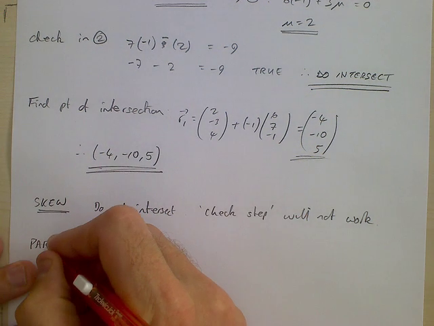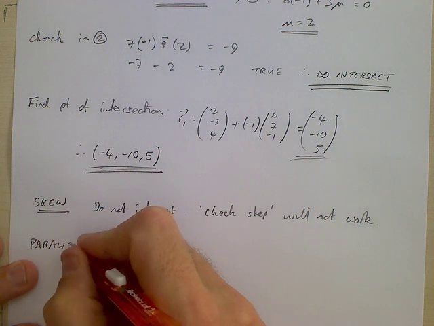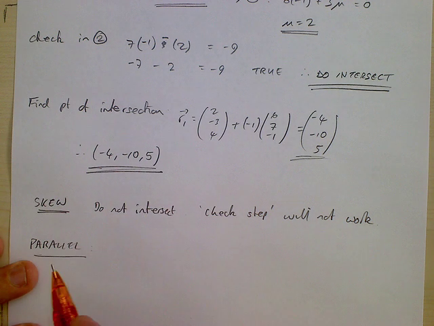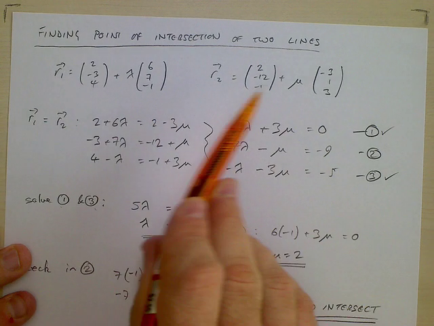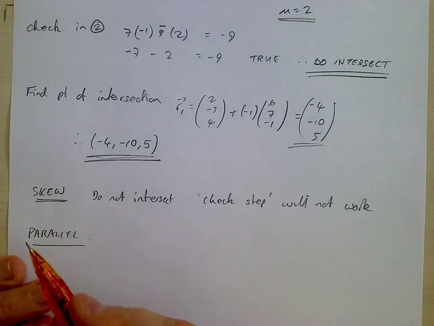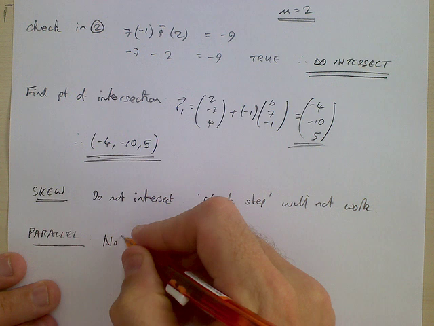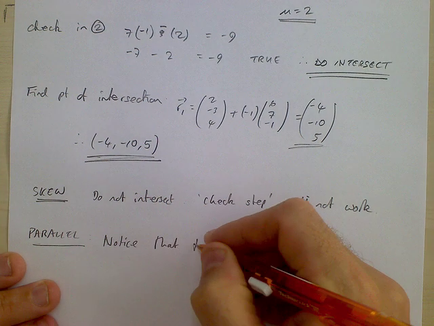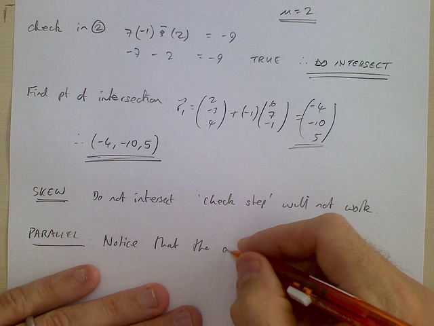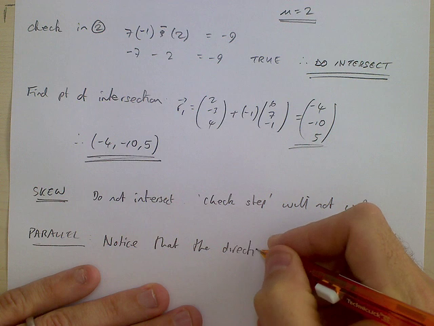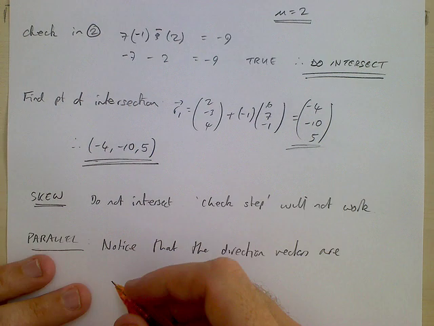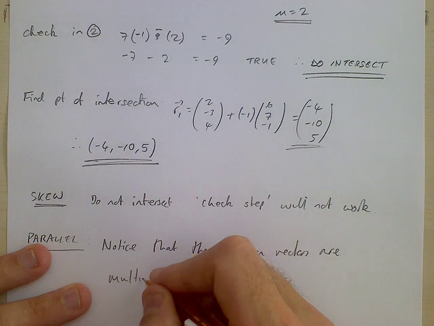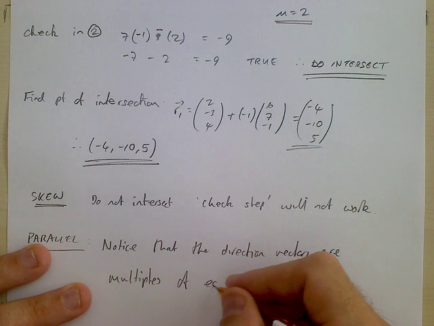Sometimes lines can be parallel lines. How do you spot that? Well, you would recognise that the two direction vectors are multiples of each other. So for parallel lines, we should be able to spot them. So for parallel, notice that the direction vectors are multiples of each